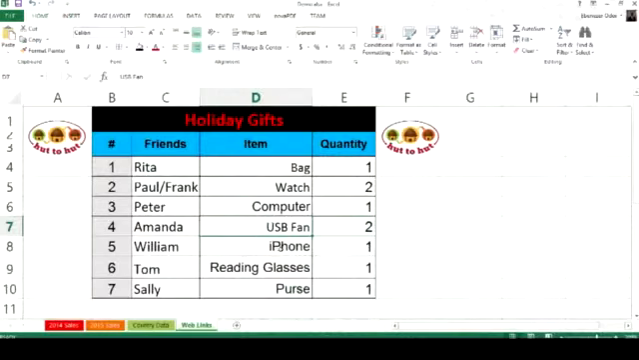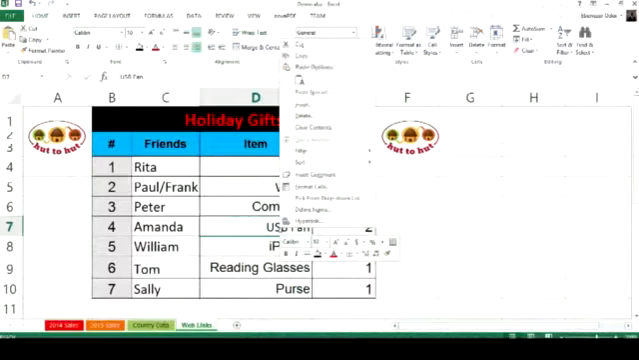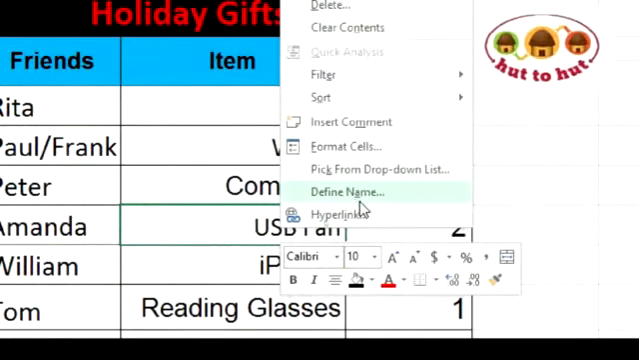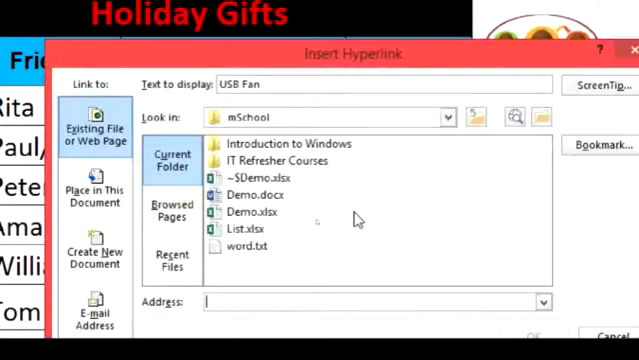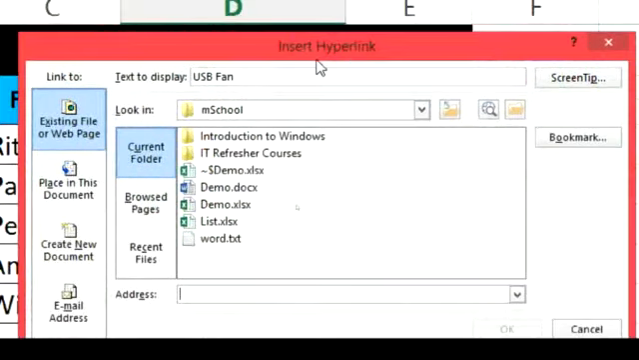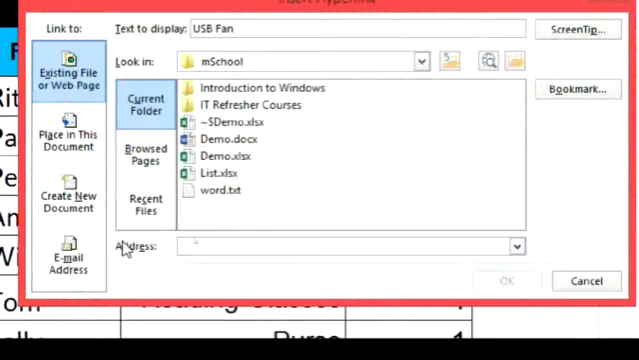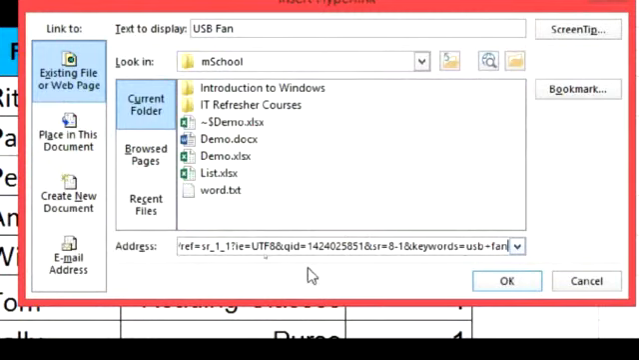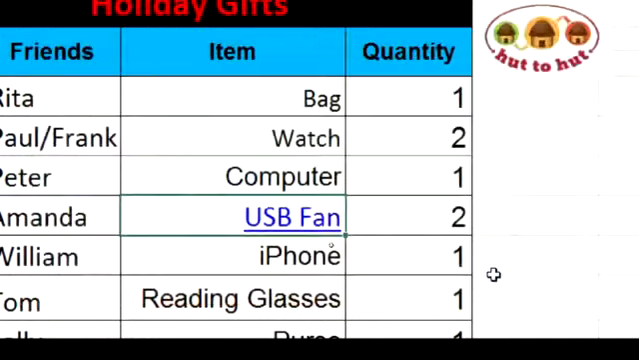I come into Excel, I right click on the USB fan cell, which is cell D7. Then in the pop-up menu, I go to the hyperlink option. And I'll be presented with the insert hyperlink window. In the address bar below, I paste the website address or link for the USB fan, and the cell now